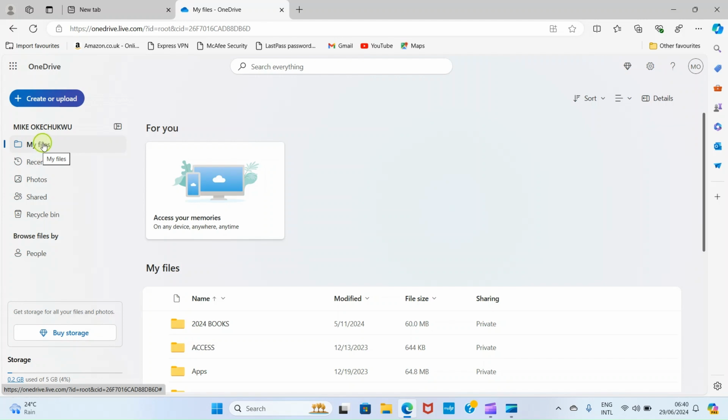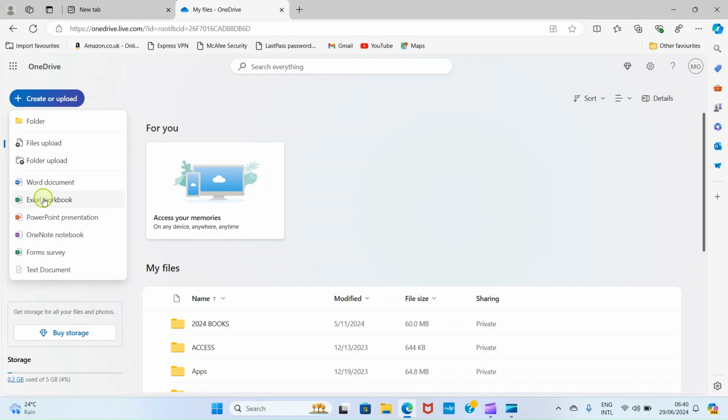So if you want to create another new file, just click here. Maybe you want to create PowerPoint, select it, follow the same step. You want to create OneNote, select it, follow the same step. You want to create forms or text, the same step. But here I want us to work on forms because you may have difficulty if you want to create it on your own. So to create forms, as you have clicked on this create or upload, click on form